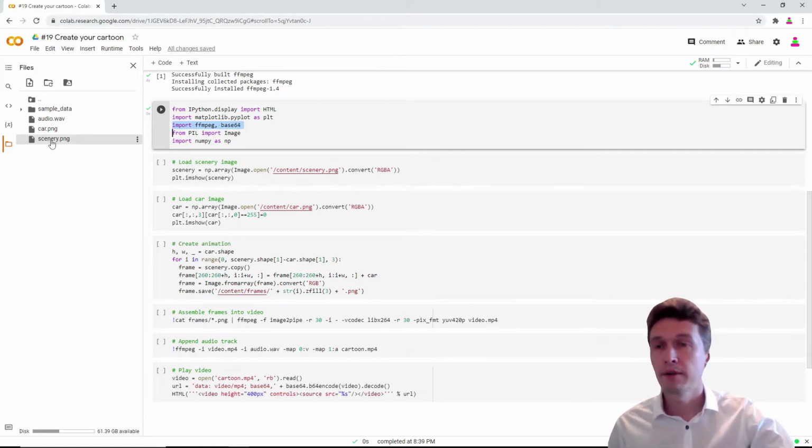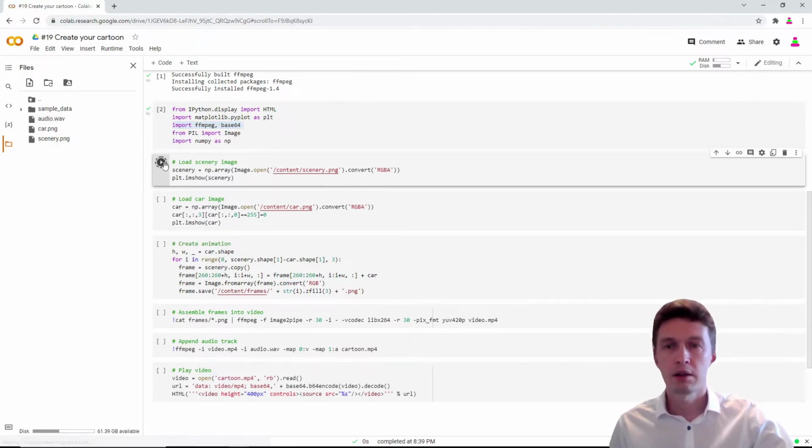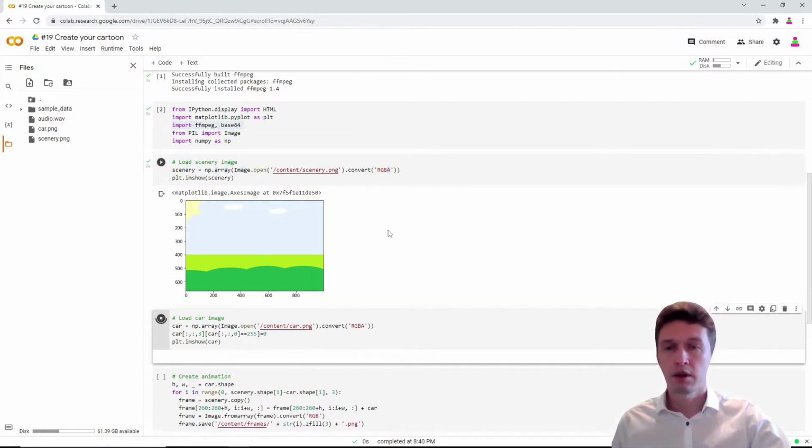So I have a car image and a scenery image. I've drawn them with Windows Paint and I have an engine sound. Let's load this all. We convert this to RGBA with alpha channel to have a transparency channel because we will superimpose images. And this is a car image.